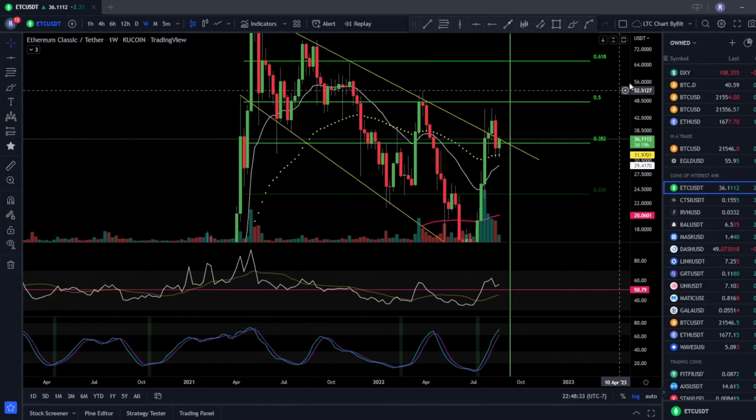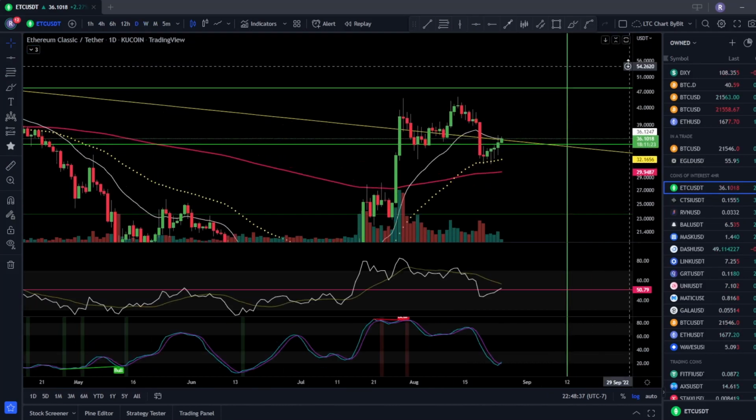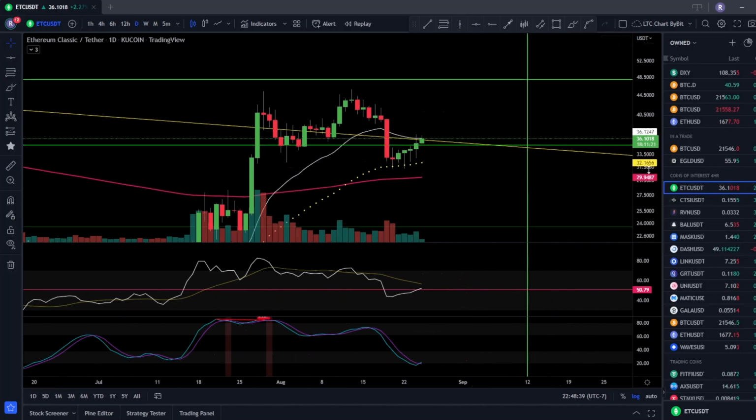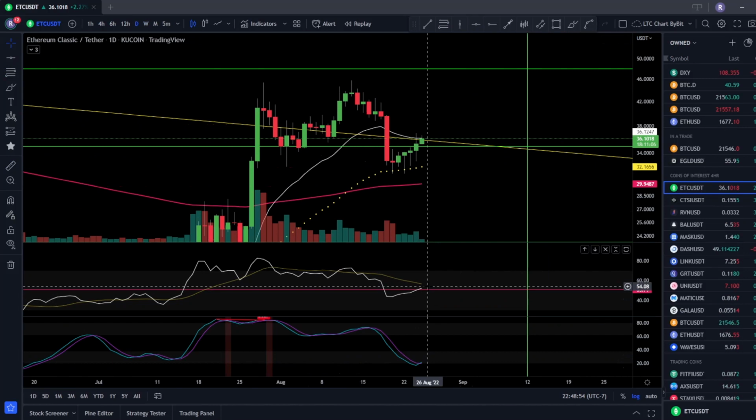Let's go down a little bit lower here to the daily, see if we see anything. Okay, so the daily's looking really good. The daily is getting a cross on the stochastic, and it's in a lower portion. It's around the 20 on the stochastic, so that's really good. We also are breaking back above the 50 line on the RSI and going to collide here with the EMA